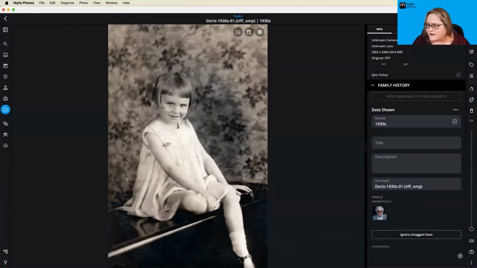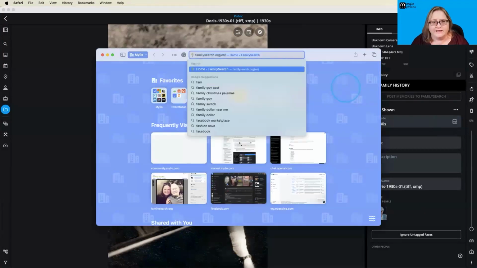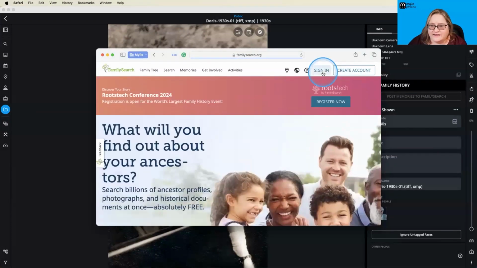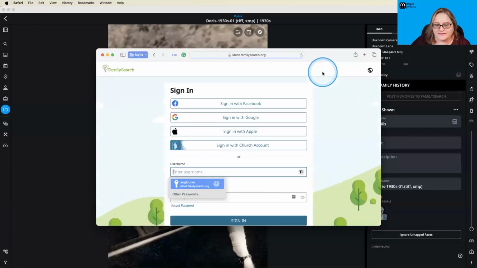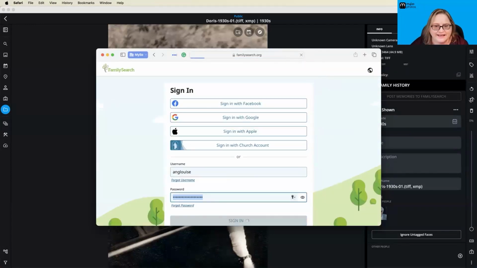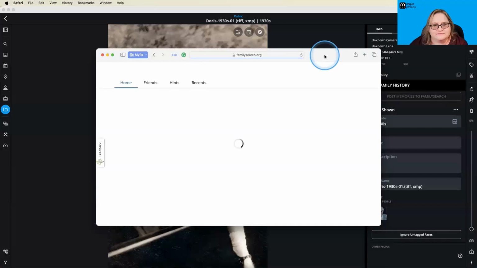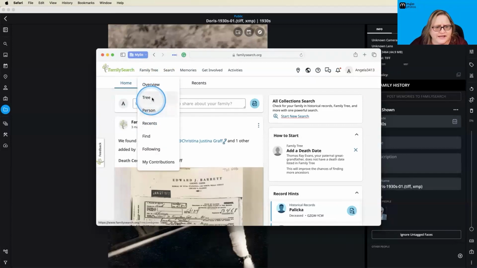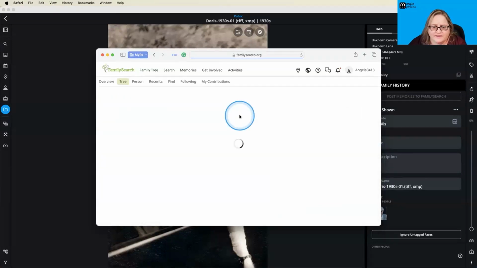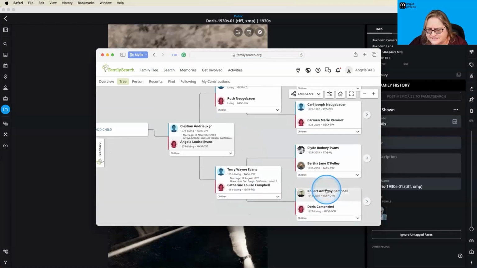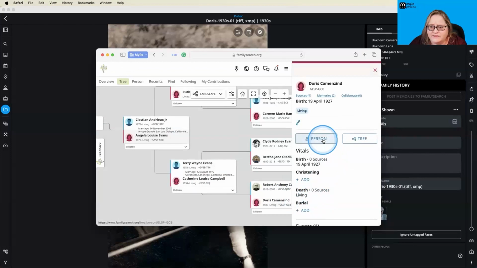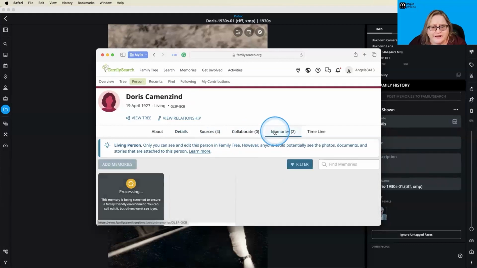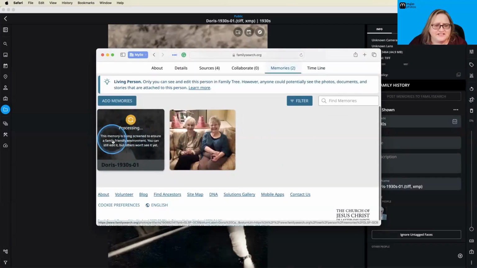Now, let me go ahead and open up a browser. There we go. And I'm going to go ahead and go to the FamilySearch website and sign in. Give me a second here to go ahead and get myself put back in here. All right, and from here I can go to Family Tree, go to my tree, and then locate my grandmother. So she is right back over here. I can click on her name, person, and then this is going to pull up all of her information, and I can click over here to memories, and we can see that that image that I just uploaded is being